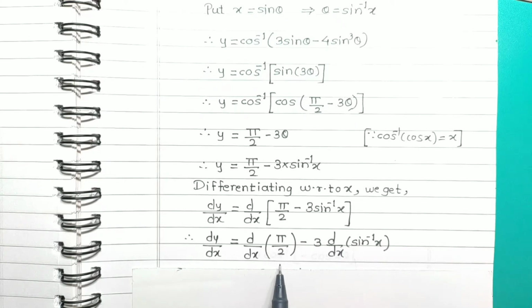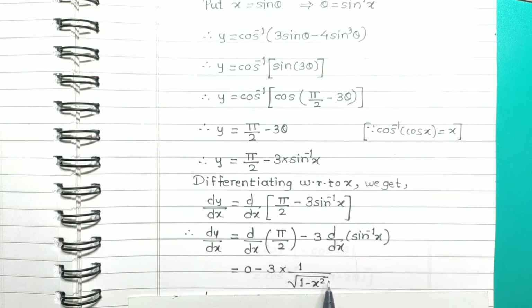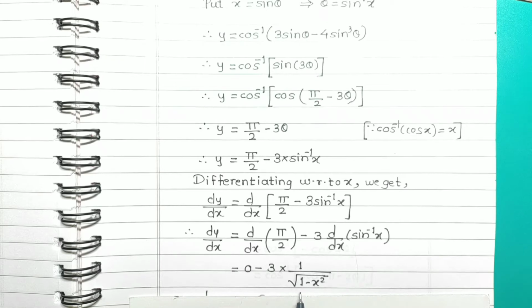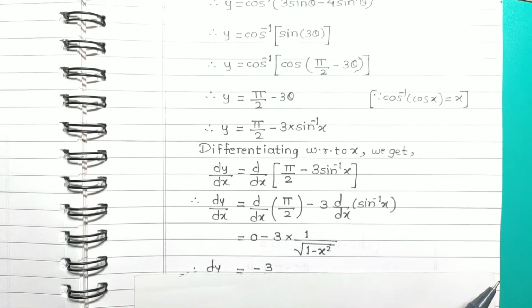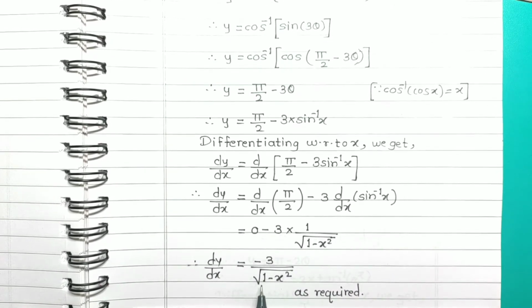Pi by 2 is constant, its derivative is 0, and for the constant minus 3, the derivative of sine inverse of x is 1 upon square root of 1 minus x square. This standard formula is available to us. So we have used the derivative of sine inverse of x, and it is 1 upon root of 1 minus x square. So finally we have dy by dx is equal to minus 3 upon square root of 1 minus x square,